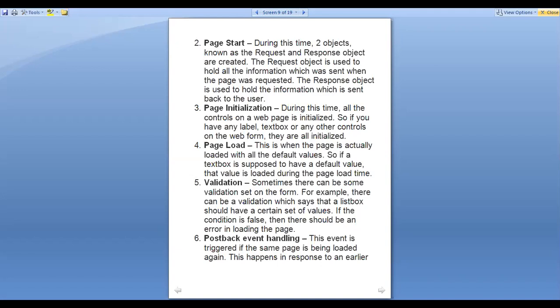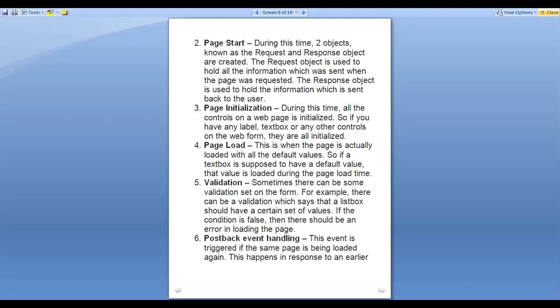So if you have any label, text box, or any other controls on the web form, they are all initialized. Generally, for buttons we have to assign the text. For labels also, we have to assign some text. For text boxes, we have to assign the text mode, etc. So whatever properties we have given to those controls, those properties will be initialized, and then those controls are ready to be displayed on our output screen.